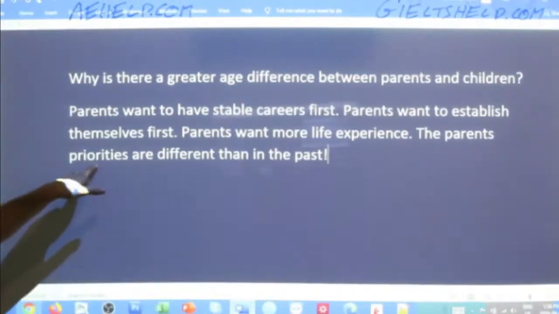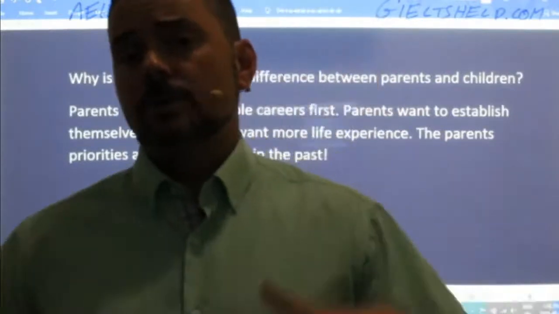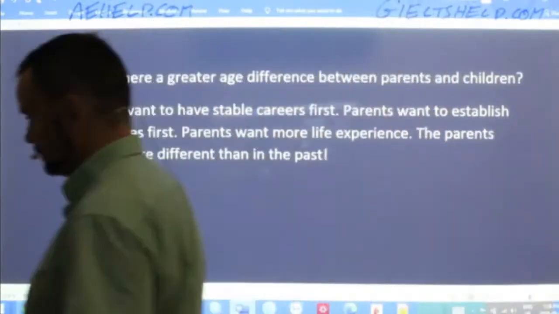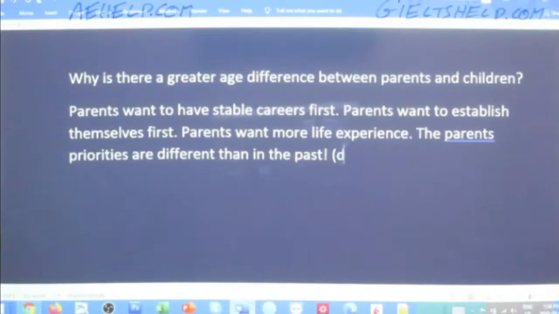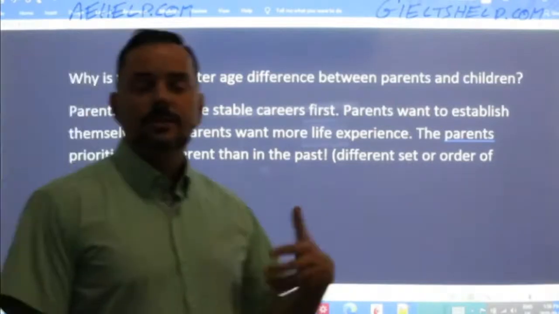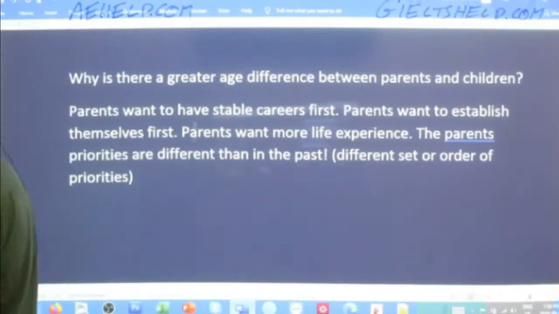This is a really good word to have in mind for this essay, priorities. In the past, people had kids first, and oftentimes before they finished school or before they had their careers, because they had a different set of priorities. Okay? So, a different set or order of priorities. If you're not familiar with the word priority, it means what comes first, second, third in the level of importance, okay? All right. And one that I haven't seen come up yet, but I think it's very pertinent, it's important, and I'll add that to it, is